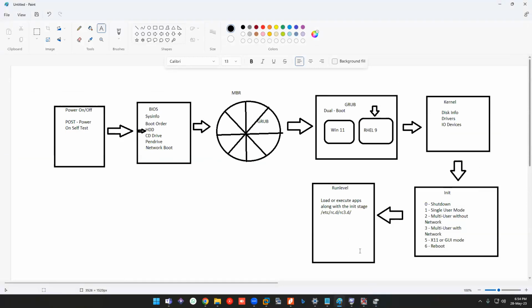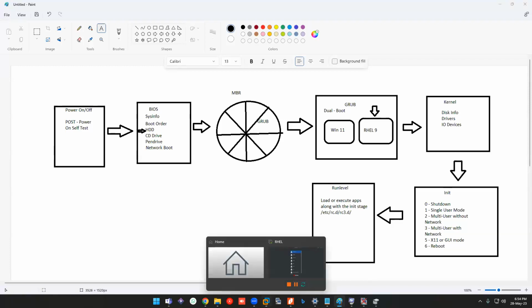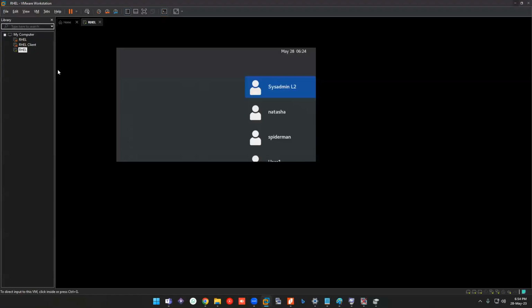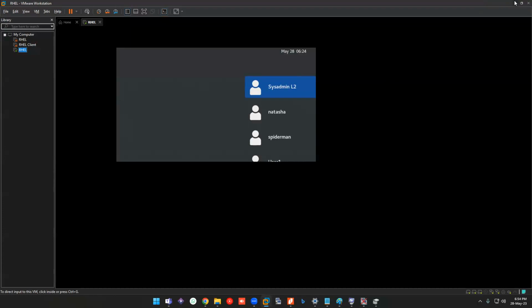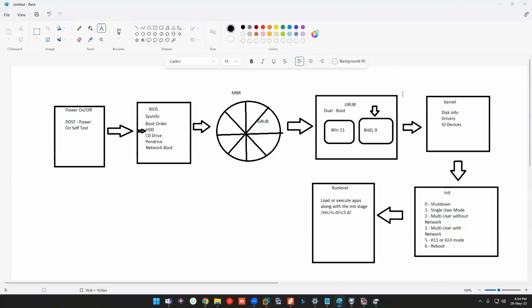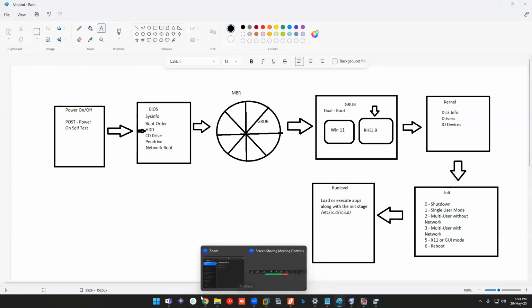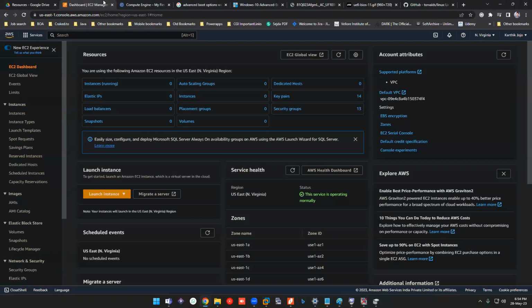Are there any doubts till now? After this, we'll be seeing the installation of VMware and initializing this virtual instance. Any doubts, Jenny or someone? Ashraf? If you have doubts, please raise your hand and I will unmute you. Okay.